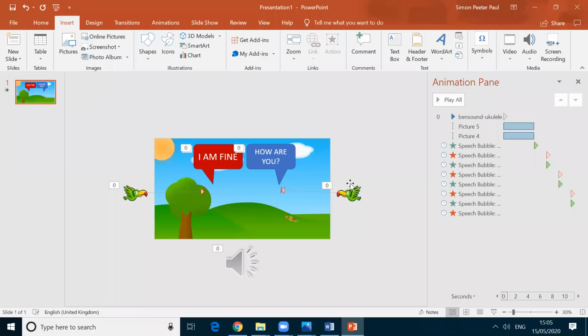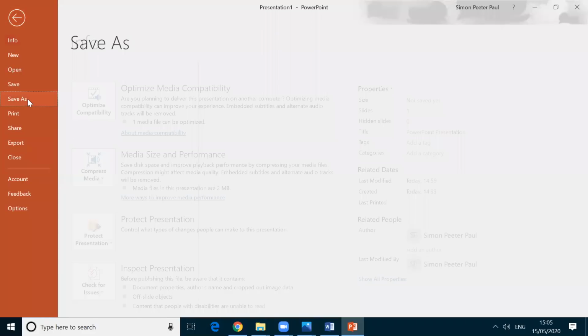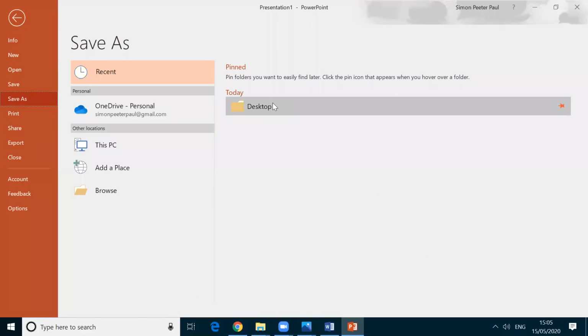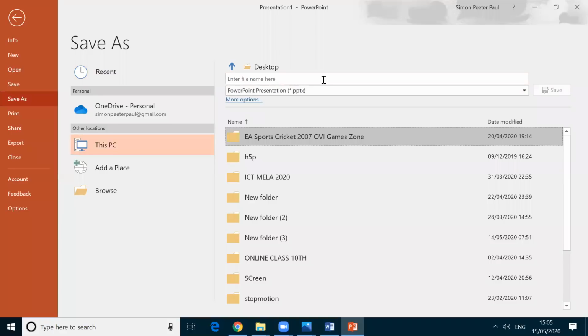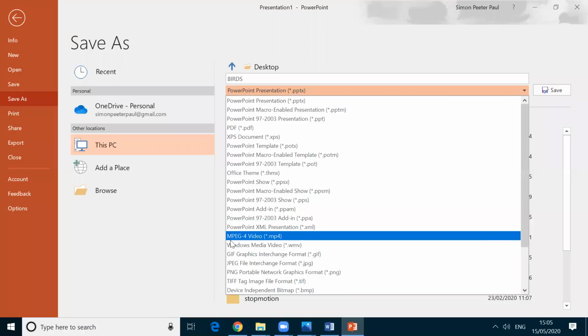Now I want to compile this one as a video. To compile this, I want to save this as a video. Click on File, and then click Save As. I'm going to save it on the desktop. Here I'm giving the name birds, and then I'm going to save it as MPEG-4.